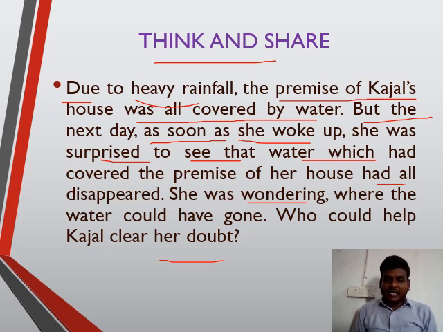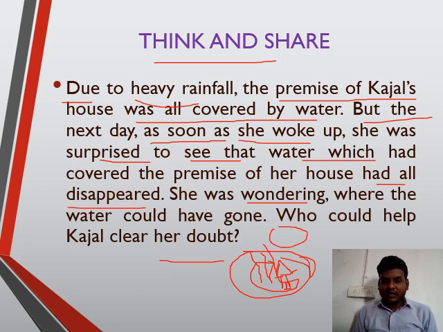Here this is Kajal's house. Everywhere around it the water is standing. Here the heat of the land causes the water to evaporate. That's why the water disappears from here. The water is stored in the clouds, then again precipitation, and again the water collects in this area. I hope it is clear to you.